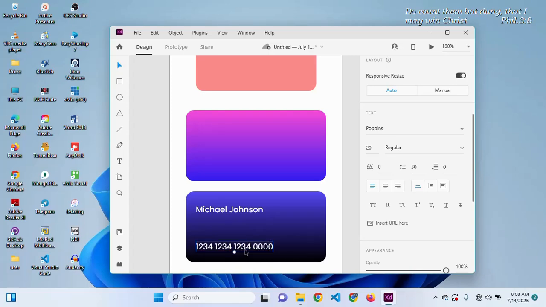So now here you can increase this to maybe 25,